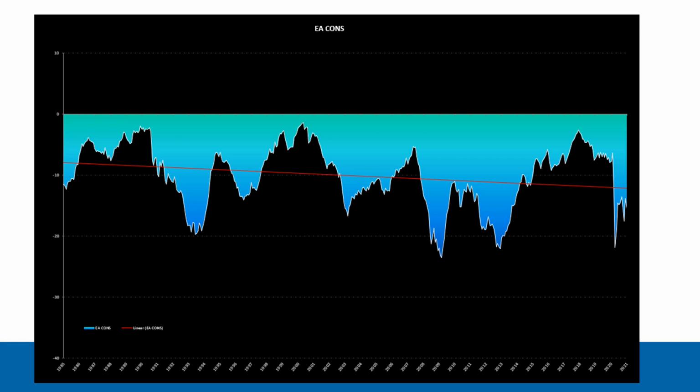So probably the best way to think of this, and even to memorize and remember what this number is all about in terms of the European consumer, just look at it as kind of like a misery index. Overall, the European consumer is just miserable all the time. It's just a question of how miserable they actually are.